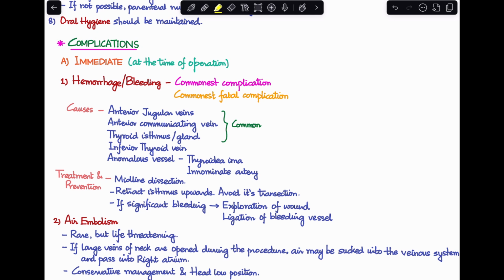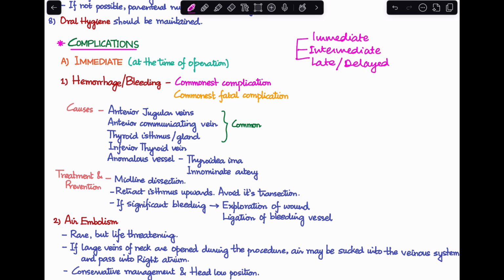Okay, so let's get started. Now, complications of tracheostomy can be classified into three types. First is the immediate complications, which you see right at the time of operation. Second is the intermediate complications, which can be seen within a few hours to days of the surgery. And last is the late or delayed complications, which is usually seen in long term tracheostomy users. Maybe it develops within weeks to even months of the surgery. We'll discuss each one of them one by one, all the different complications under them, and we'll also discuss how